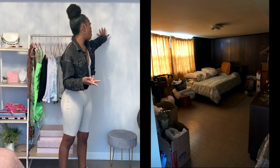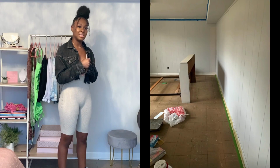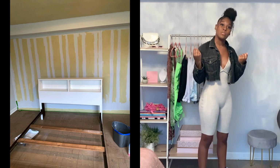As y'all probably noticed in the before photos, all of the wooden paneling in here used to be brown, but we primed it and painted it this very light gray just to make the room brighter, because this is a basement and it's super dark in here anyway. So that helped. And the ceilings used to be yellow, but we painted those white,